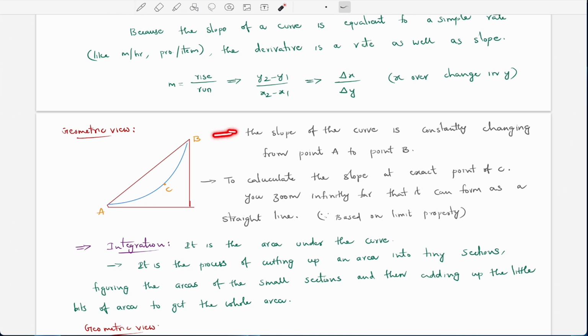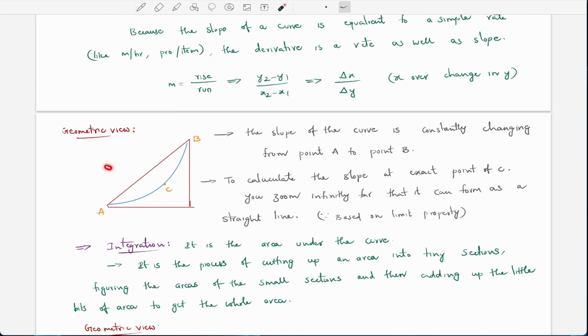So the slope of the curve is constantly changing from point A to point B. As I said in a previous lecture, the slope is always changing. It's not at a particular point, right? There may be as many slopes as there are points. So to calculate the slope at an exact point, like here or here, we simply zoom